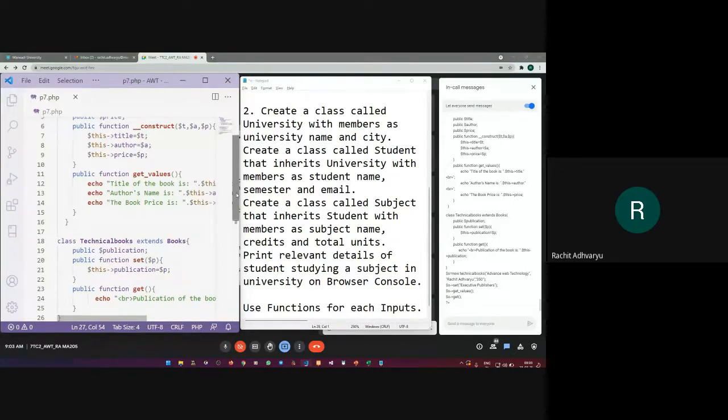I want the answer of this by 9:15. Ample amount of time has been given to you for this particular program. Use the sample code on the left hand side and implement the code on the right side. That's it.